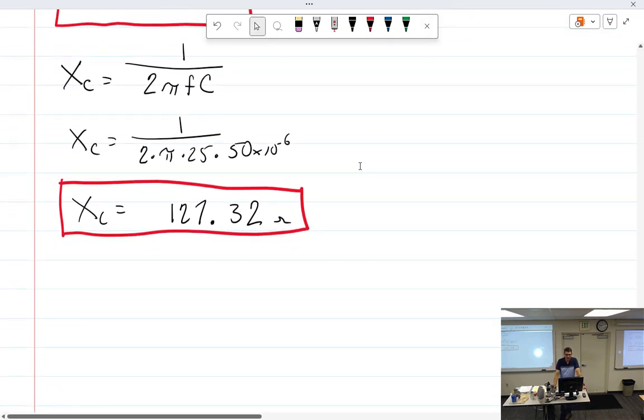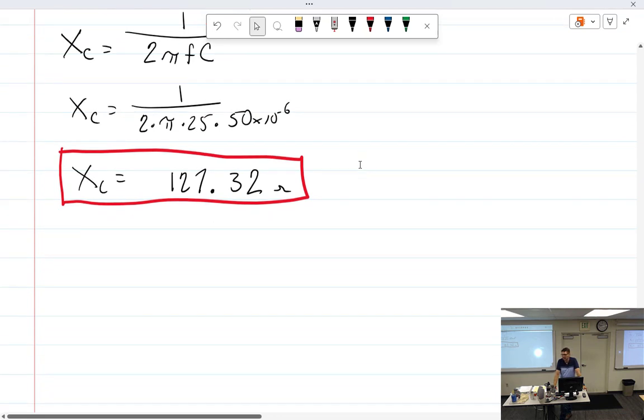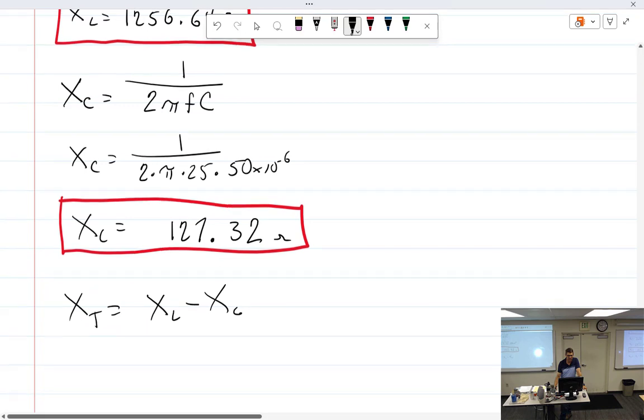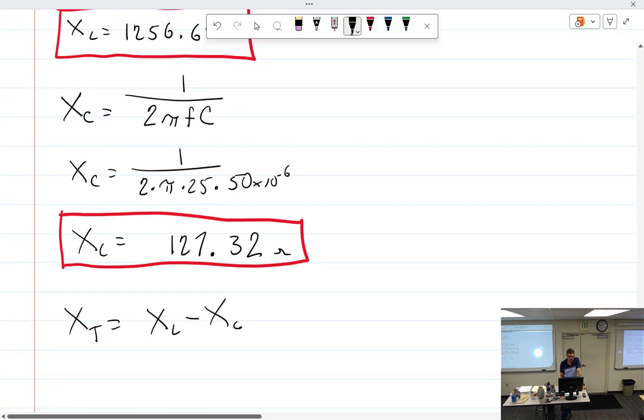Did everybody get X of C? Yes. Looking around. What's next? X of T. X of L minus XC. So X total equals